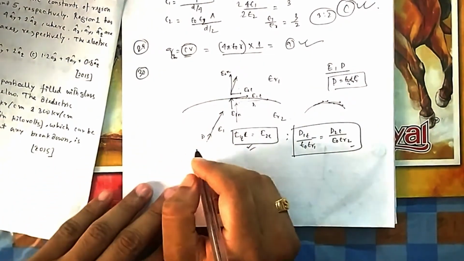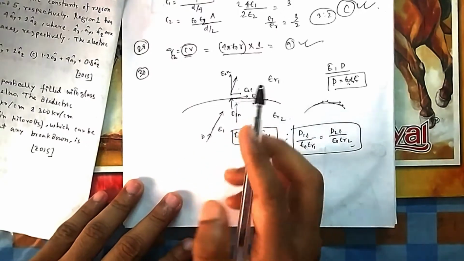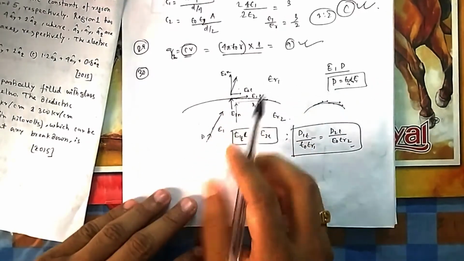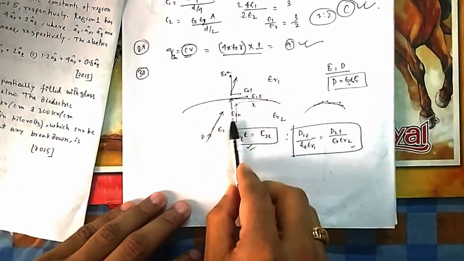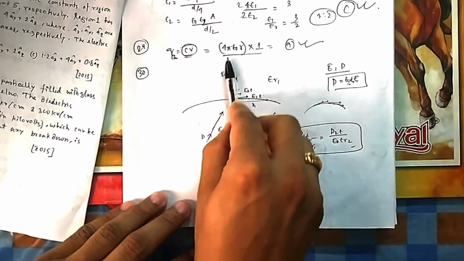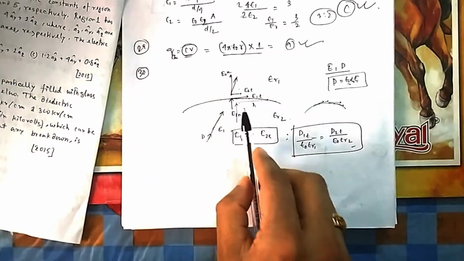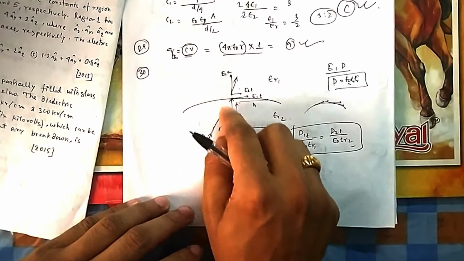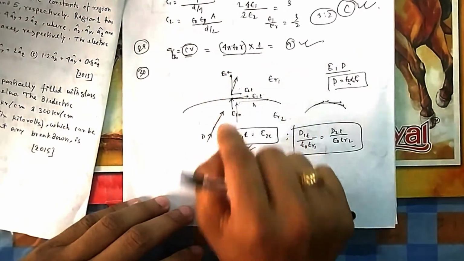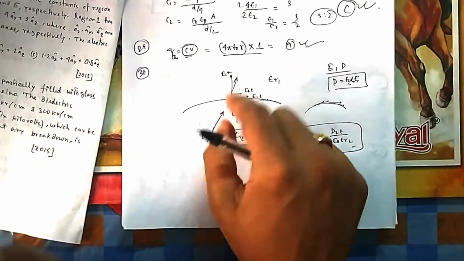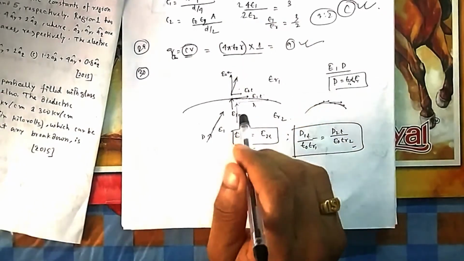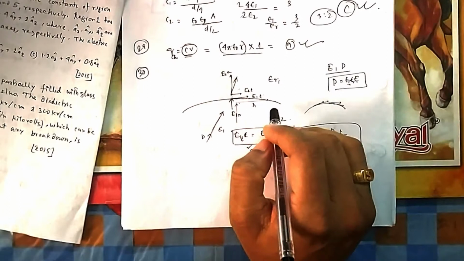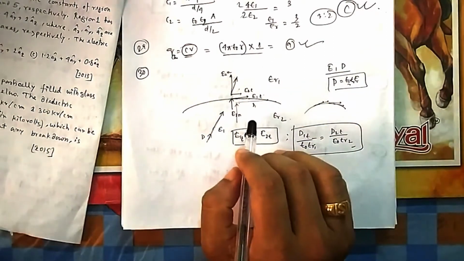If you come to the normal components, what will be happening there? E1 is in this dielectric, E2 is in the other. Obviously there will be a change. There will be a change in potential, because if you move here in one dielectric and there in another dielectric, the material is changing, so potential obviously will change. You change from one point to another point in the materials, so there will be a change in electric potential.